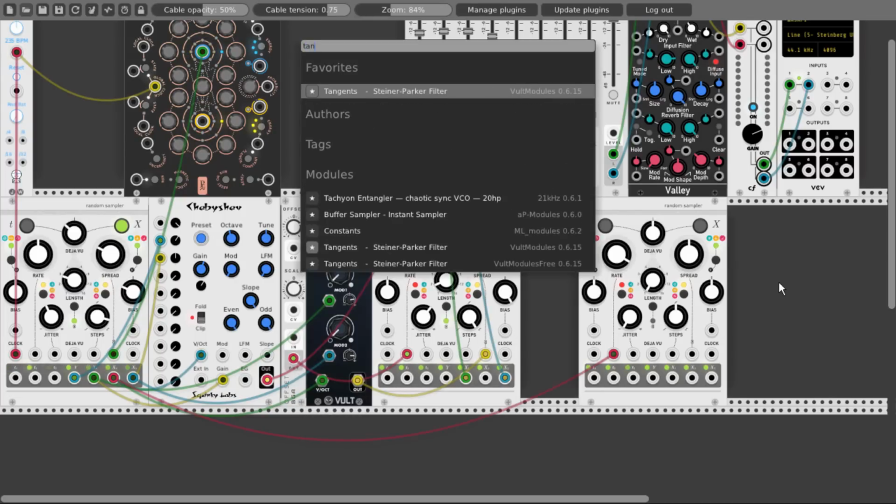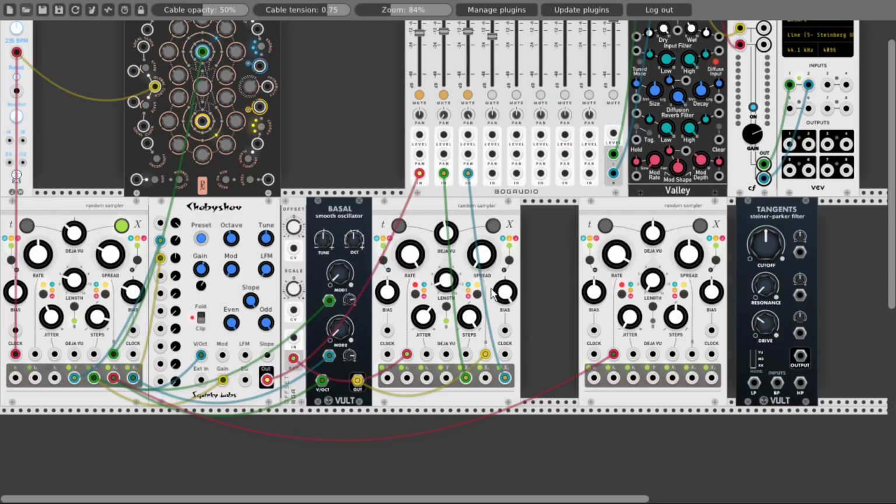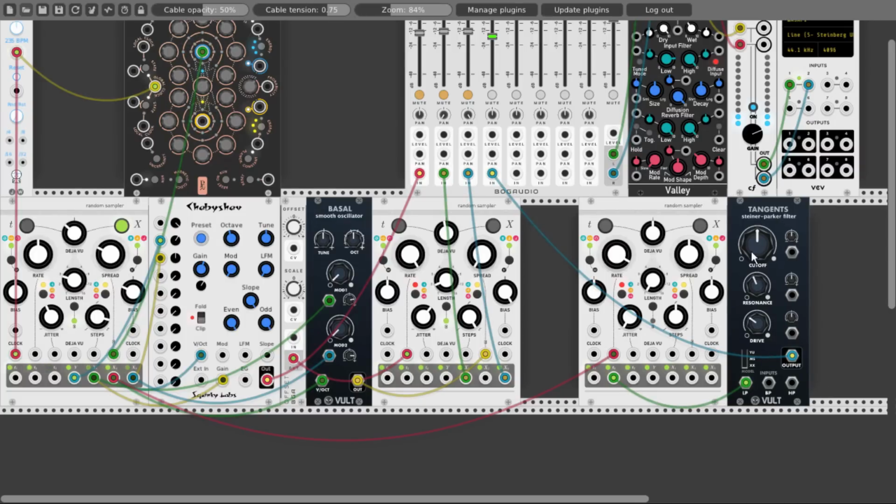Let's use also Tangents again, and send the T2 output through Tangents to the mixer. Let's raise a bit the resonance of Tangents, close a bit the cutoff point. And let's modulate actually the cutoff point with the same X2 output from the first Marbles and open the attenuator a bit. So again, higher notes, more voltage, the cutoff is open. Now again, nothing is special until we start messing around with the parameters.